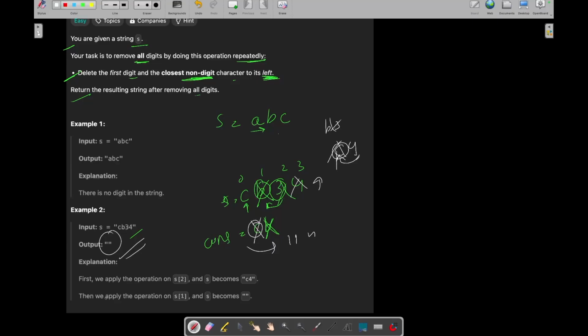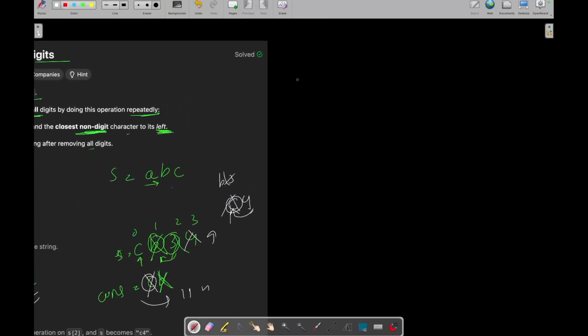So let's say there is some other string, let's say "a1bbc2d". Now when we start iterating on this string and building our answer, we are at a. This is a character, so we can add it to our answer. Oh, now this is a digit. So we don't need to add this, and we also need to remove the character to its left. So we will remove the a from our answer. See, here we are using our answer string as a helper string to get our desired string.